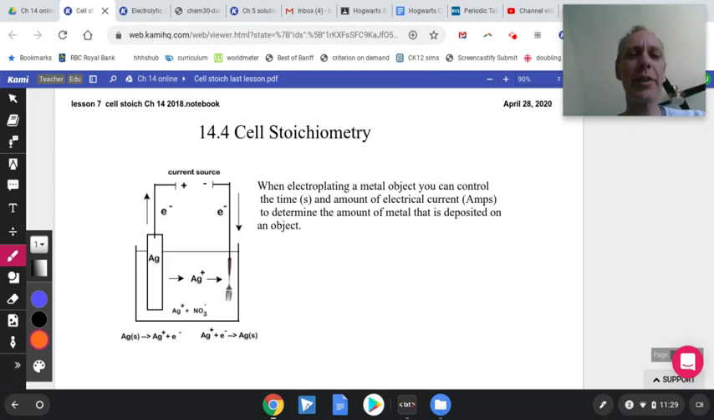So we're wrapping up chapter 14 today, stoich. This is a pretty short, easy lesson. Having a calculator would be handy and your data book because you're going to need some molar masses. And we're working on page 234